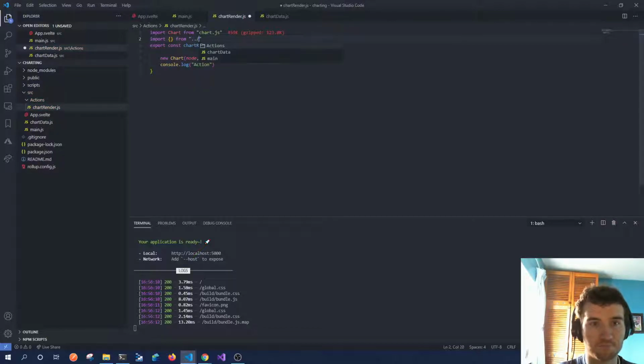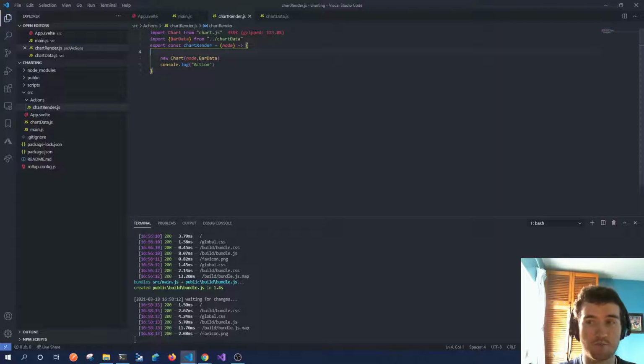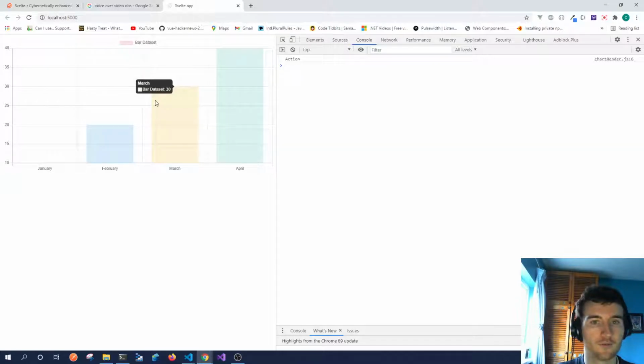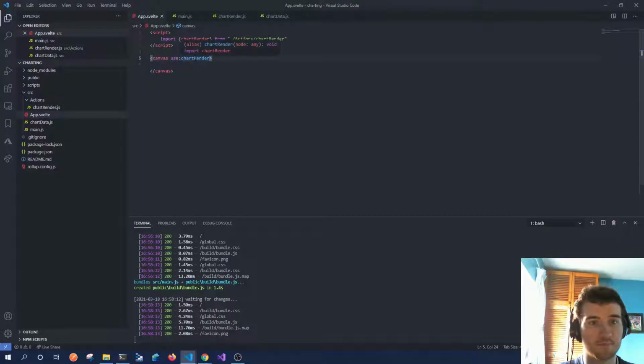From chart data. It's called barData. Let's use that one. Bar data. So now our chart should actually be drawn. If we go back to our localhost, there we go, we see it. We have our chart drawn already, simply just doing this. But